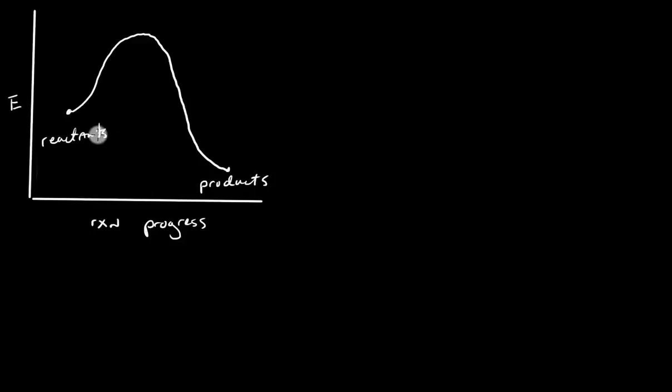So this energy diagram is a slightly different take on the one that we just discussed. And in this case, I'm just going to simplify reactants and products by getting rid of X, Y, and Z and just say reactant and product. And so again, what we can do is if we're doing a reaction and we have this starting position for